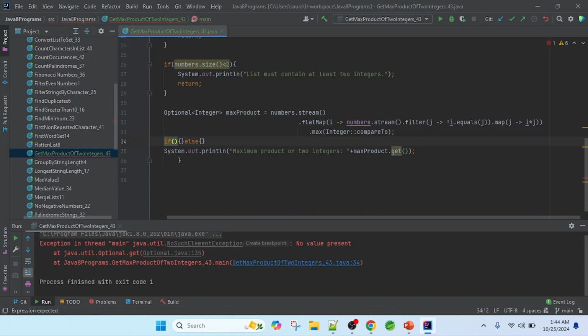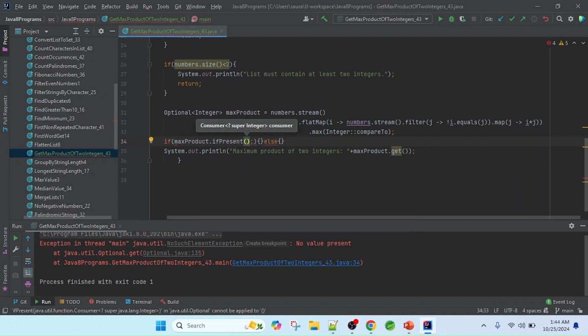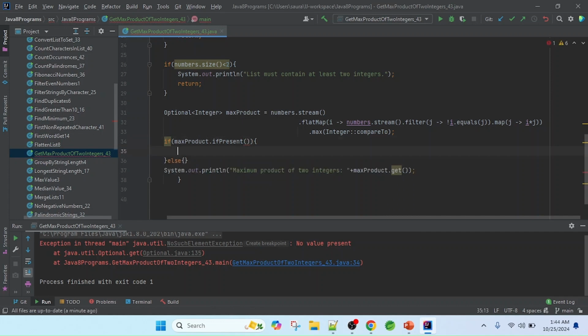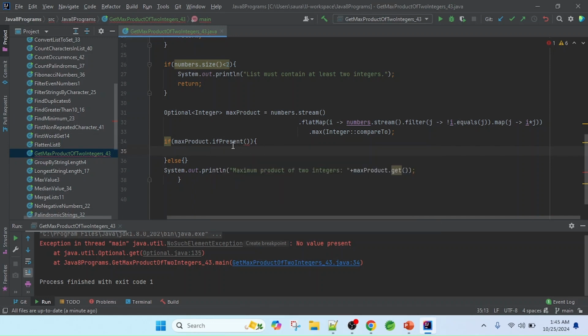We have that Optional, and if you see here max product is an Optional, so in the Optional class we will get max product.ifPresent. Here we have the isPresent method, and it will return a boolean value. So if isPresent returns true,